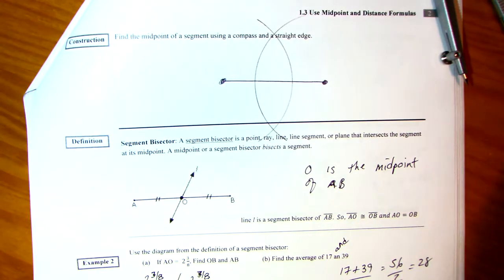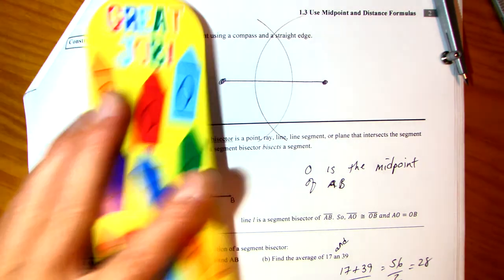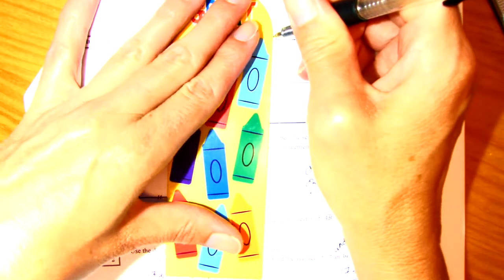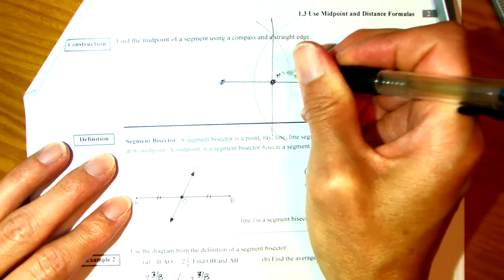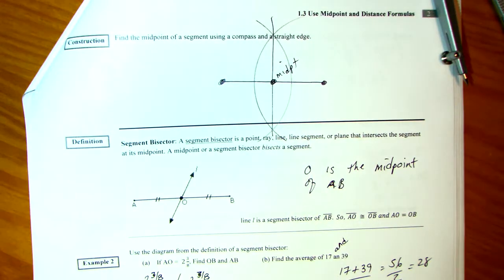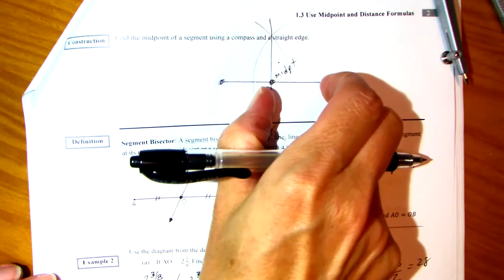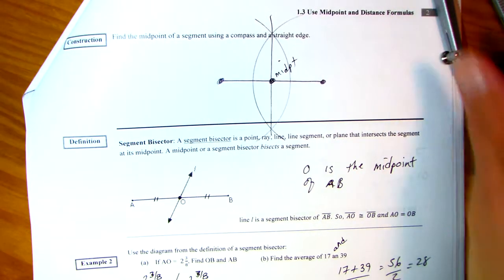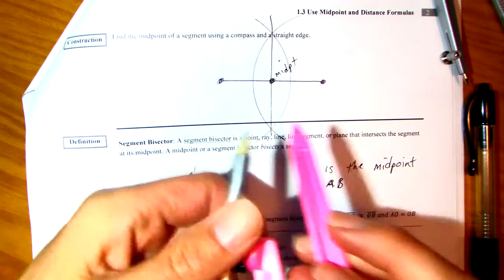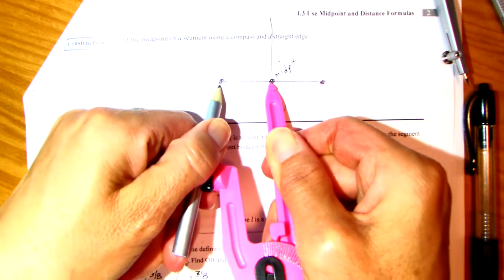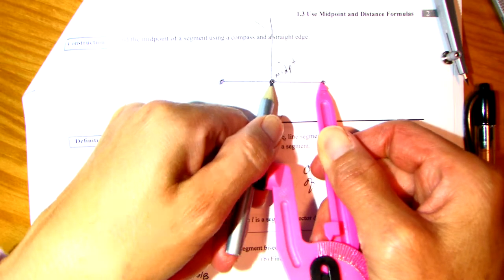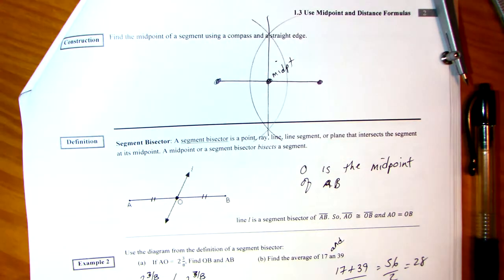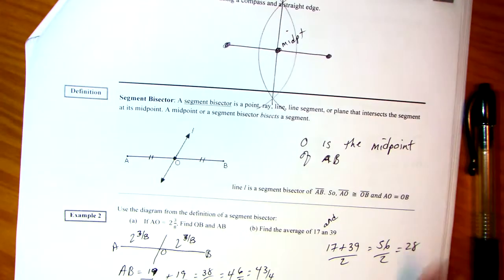When you connect those two lines at their intersections on those arcs, there is your midpoint. Pretty cool, huh? This length is going to be the same as that. Now, if you want to test to see how long they are, you can use this type of compass to measure the same length. All right. Now, let's go to the next